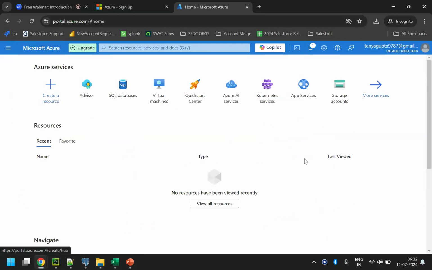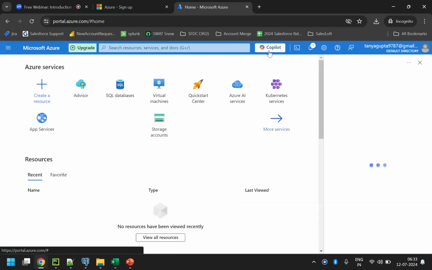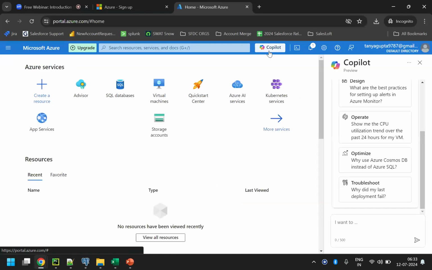And one more interesting thing. So before, this thing was not there in Microsoft Azure. Recently, they have added the Copilot feature too. So what is the Copilot here? See, Copilot is something which helps you to answer. So Copilot is like an intelligent AI tool which will help you to resolve your particular queries if you are having any. So basically, when we talk about the Copilot feature here, whatever text you write,